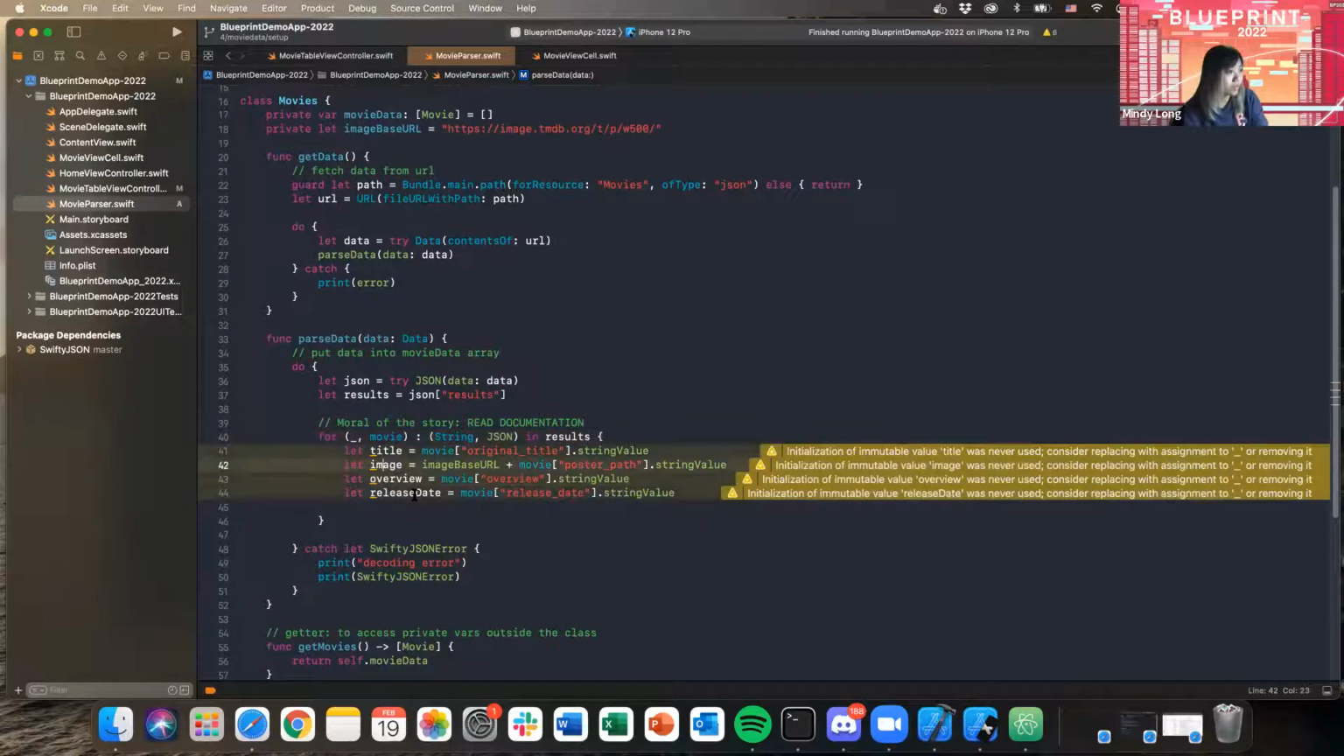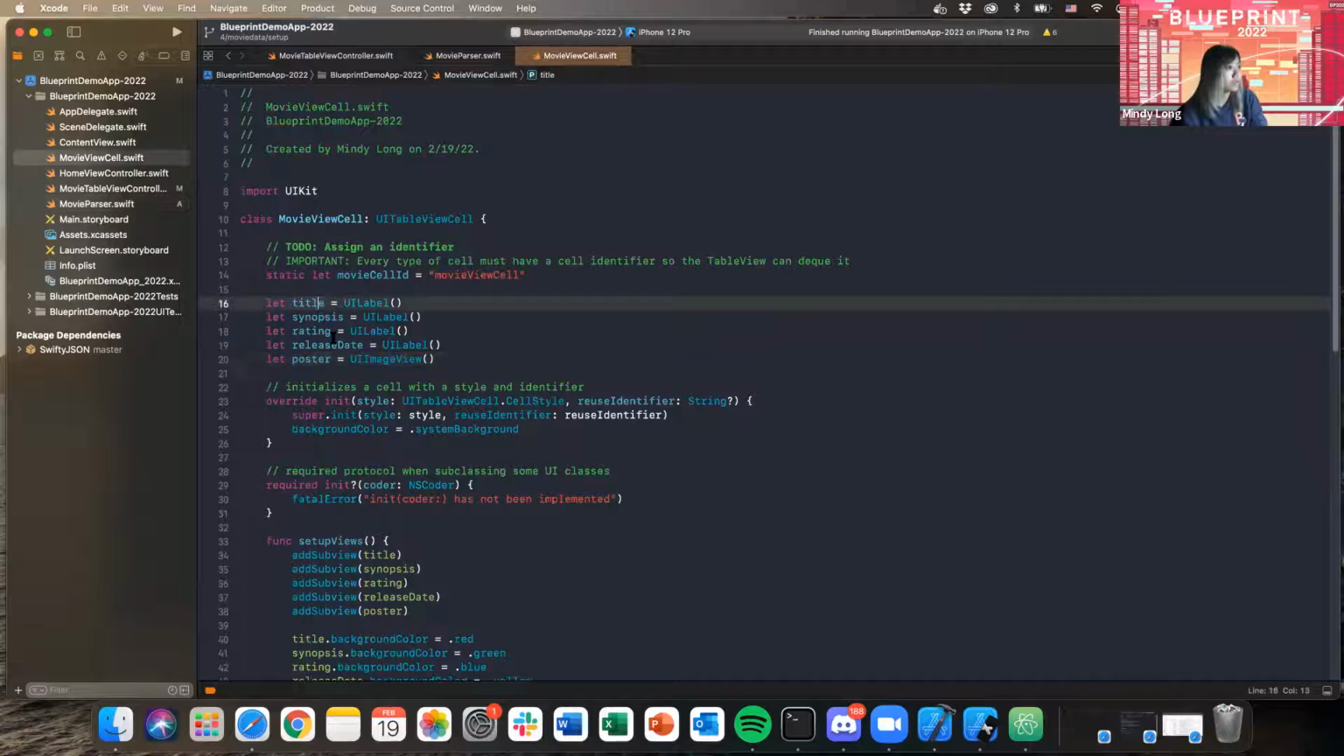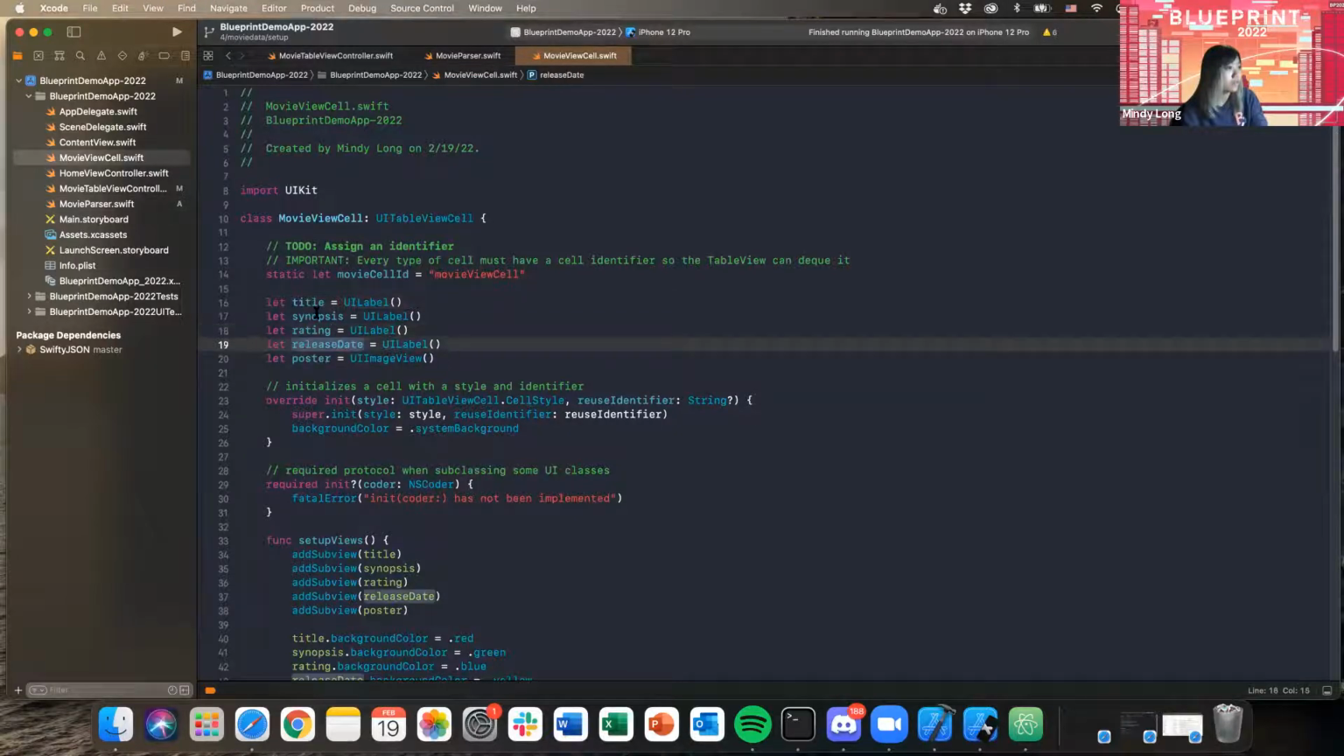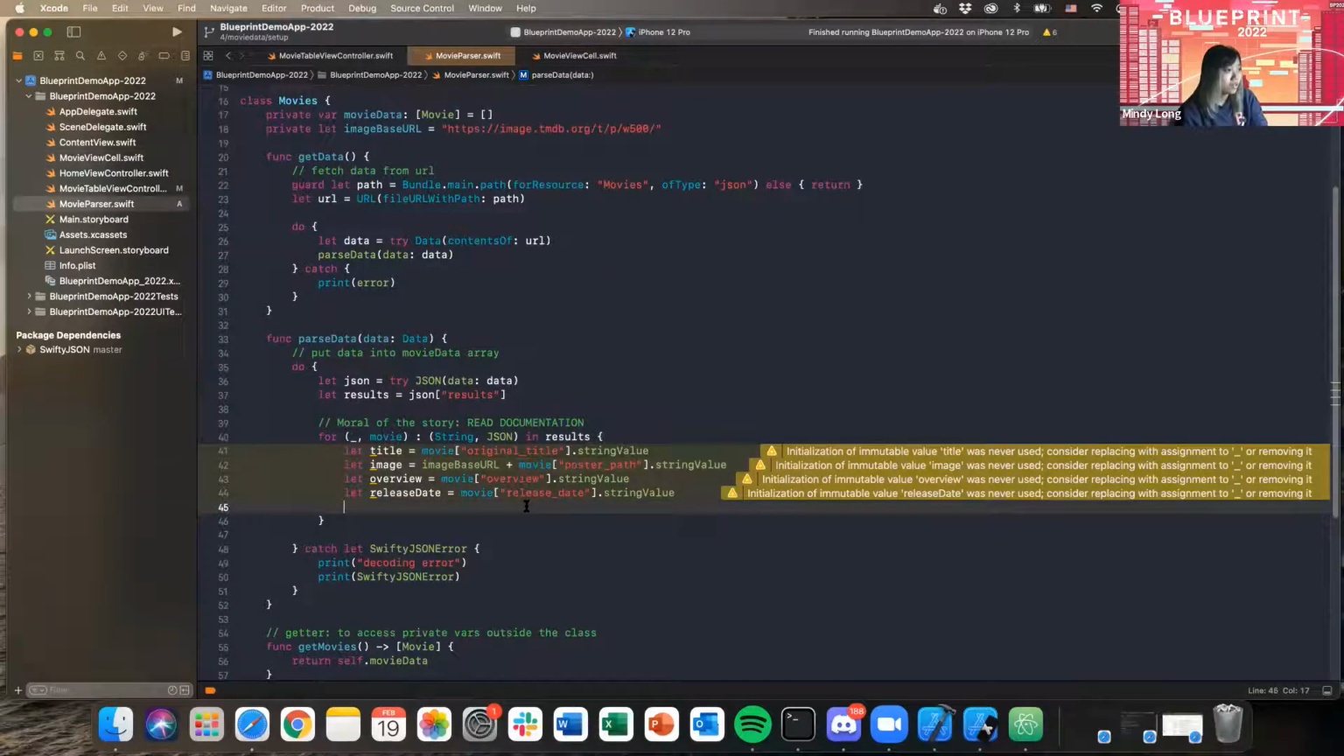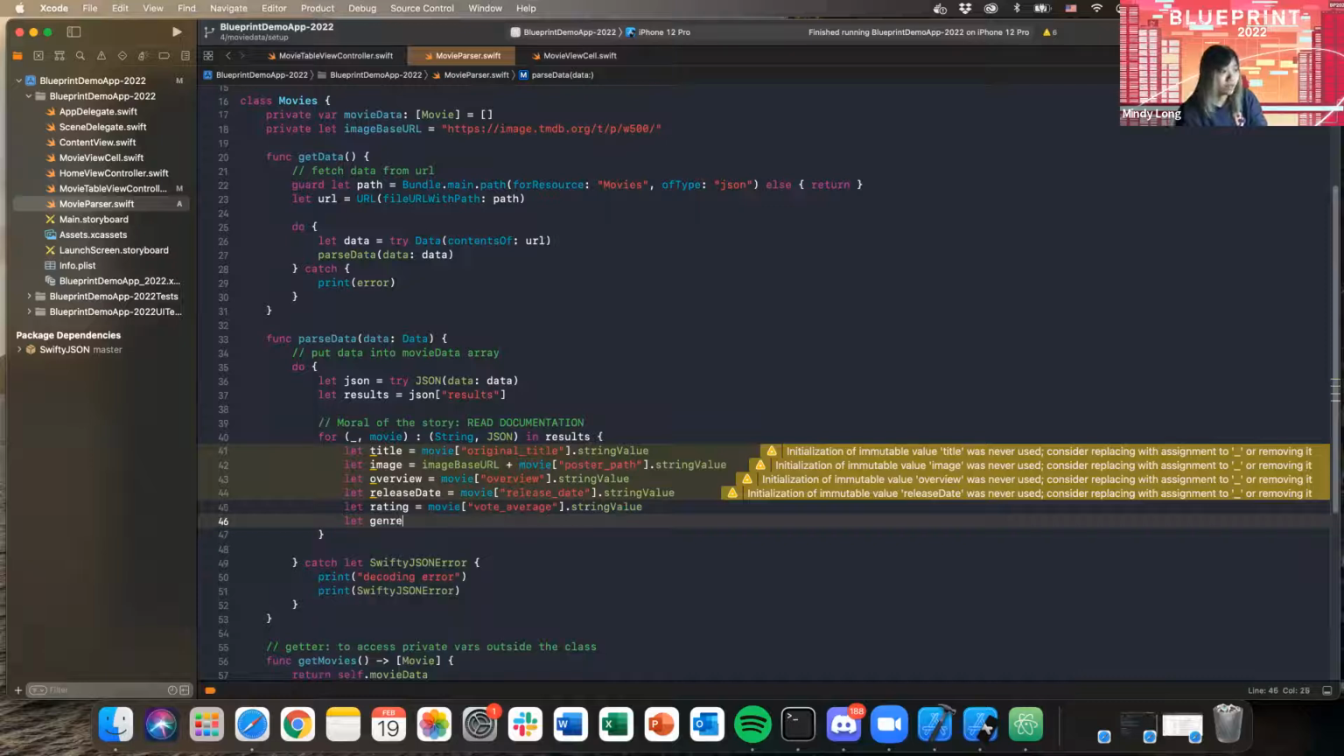Okay, so let's see. Yeah, I think that's all we need, right? Title, image, overview, title. 1, 2, 3, 4, 5. I think I need rating. Okay, yeah, so let's get rating too. Let rating equals movie at vote average dot string value. Let's get the genres too, because we might need that later. So movie at genre IDs dot array value dot